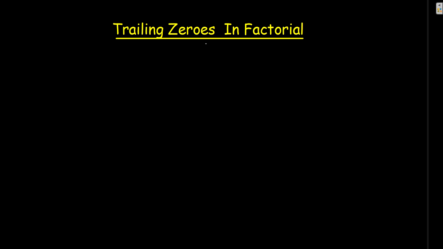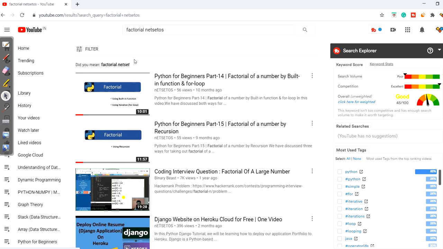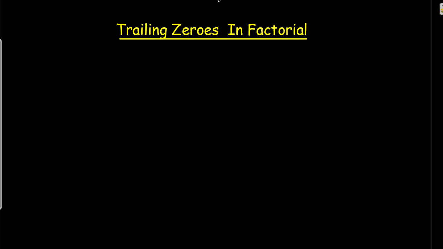Coming to factorial, I have made two videos on this topic, one using built-in function and for loop, and the second one using recursion. If you have problem in the concept of factorial, you can go through these two. Now coming to factorial, let's understand this with code. So what is factorial? Factorial is something which is represented with this sign, exclamatory, and whatever the number will be, it will be multiplied with that same number minus 1, up to it reaches 1.